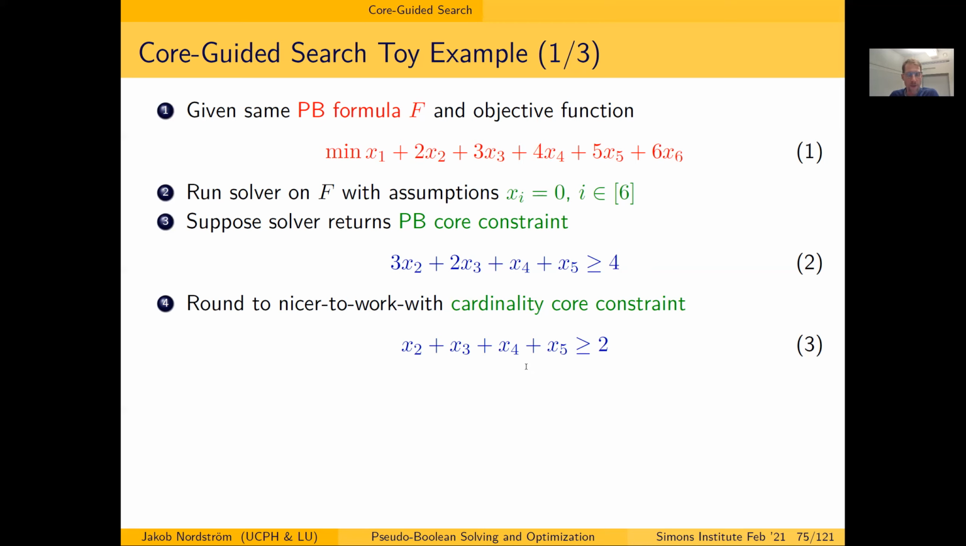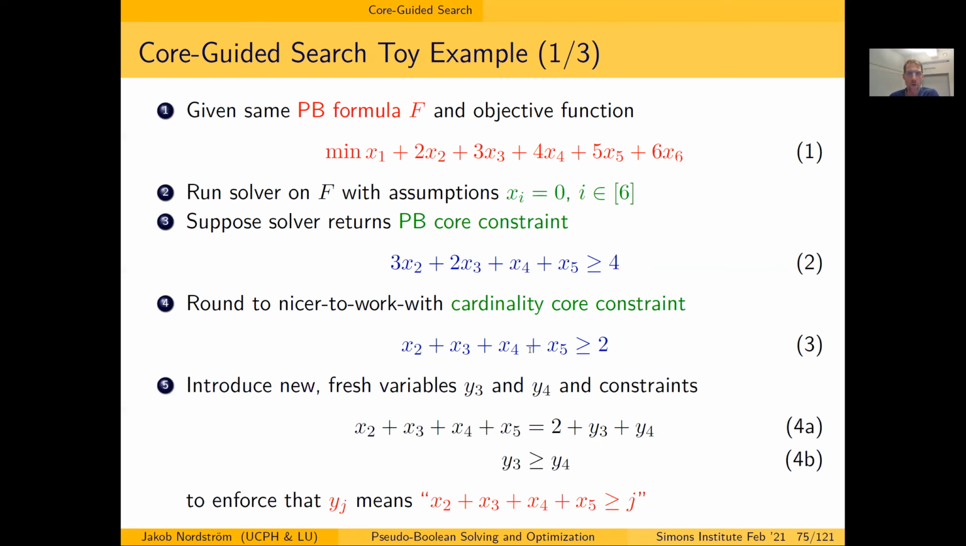And the sum can be at most 4, clearly. But we don't know where it is between 2 and 4, and we want to store this information. And the way we're going to do this, we're going to introduce 2 new fresh variables, y3 and y4, and